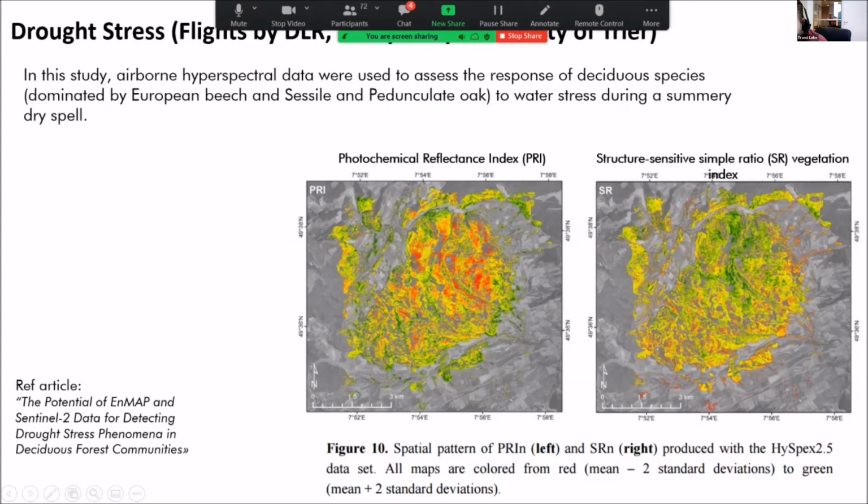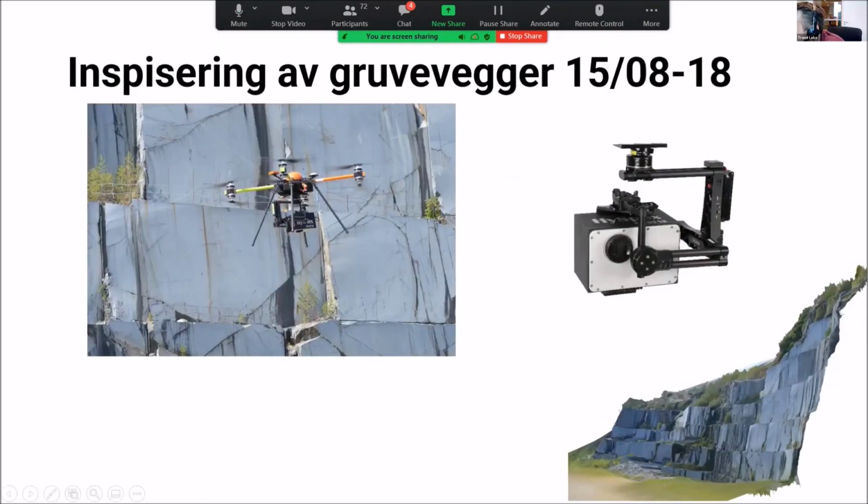A lot of the German institutes have purchased this as part of the NMAP project, right? So it's where they use our data to simulate NMAP data. So DLR is one of those institutes, and GFZ as well. Yeah, inspection of mine face or mine walls. This is done together with GFZ as well